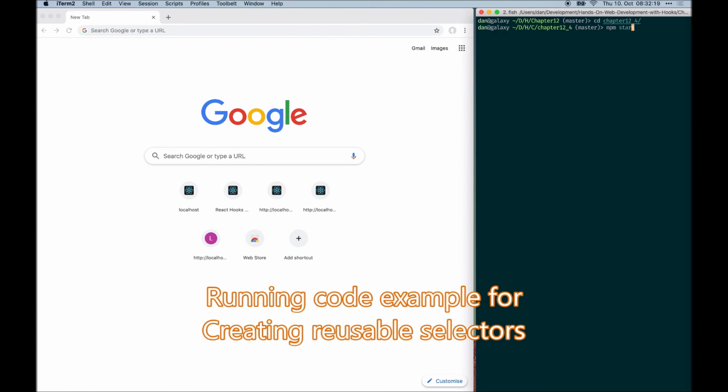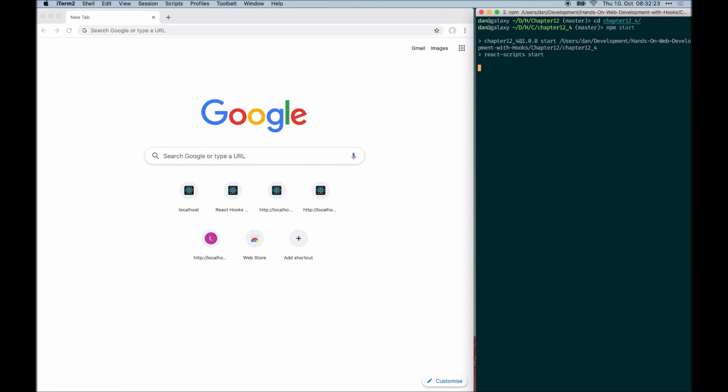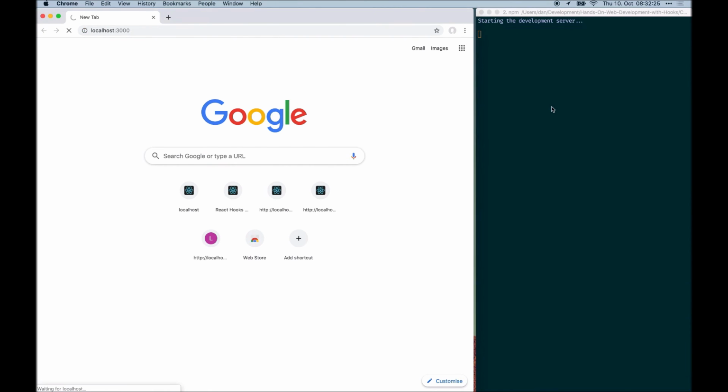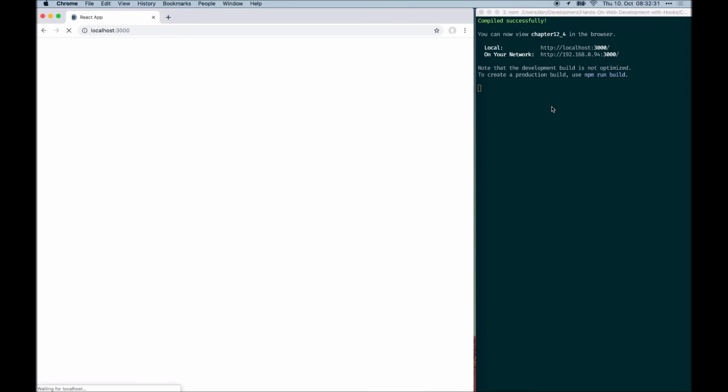In the fourth code example, we have used a reusable selector to implement the filtered to-dos. So now we're not always filtering the to-dos again anymore, but we are using a memoized reusable selector function, which we can use again if we need filtered to-dos in another component. As we can see, filtering and the whole application still works the same way as